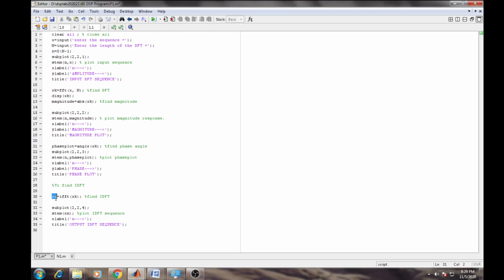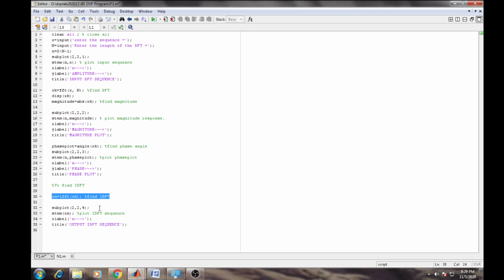So to get this x of n sequence, what was the formula? You know, x of n is equal to 1 upon n, summation of k equal to 0 to n minus 1, of X of k into e raised to, now only plus, j 2 pi n k by n, right?